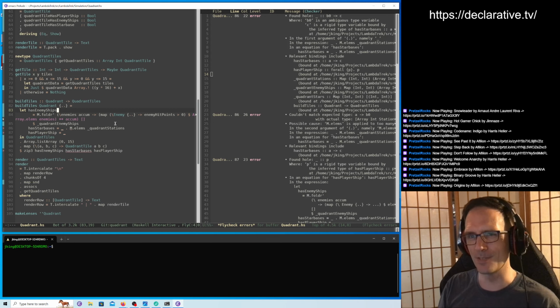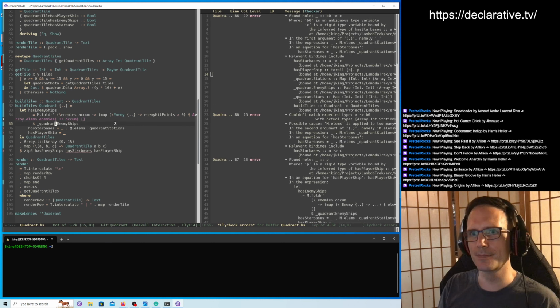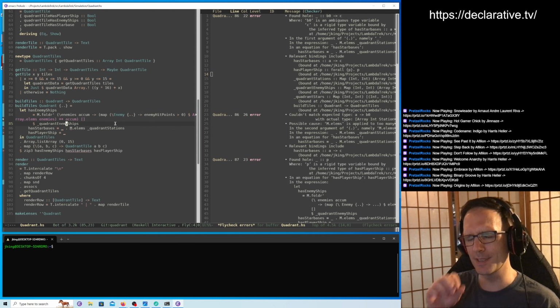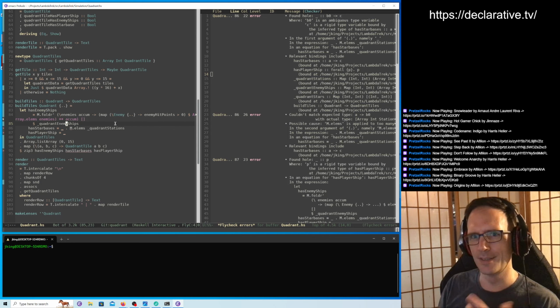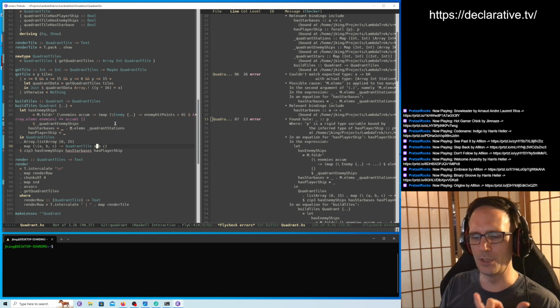No. I don't think this is. So we don't want to flatten the list. We want the chunks for each quadrant. So when we zip over this and construct a quadrant tile, that quadrant tile has that list of enemies and whether there are any alive or not. So that when you do the scan,